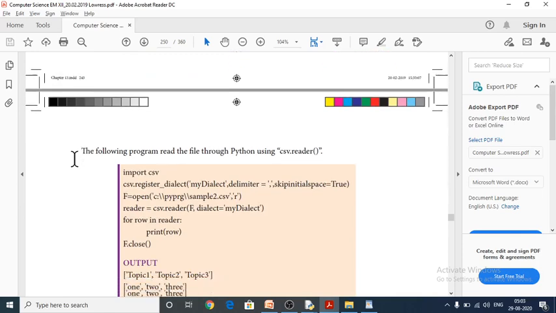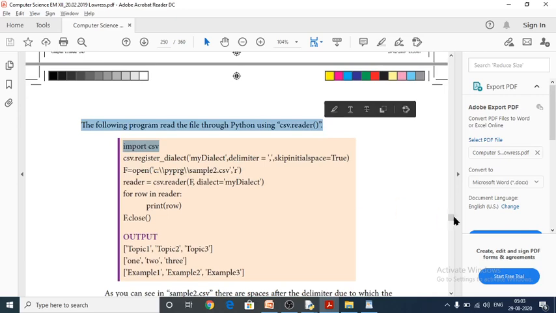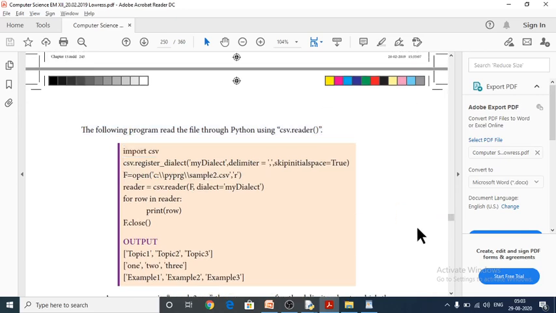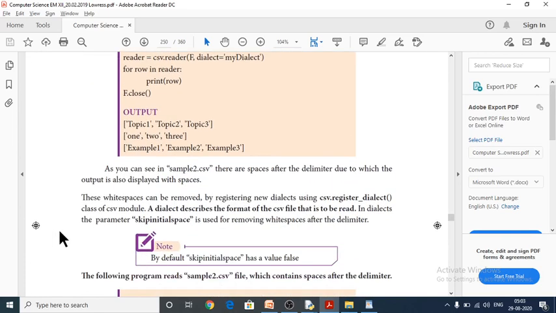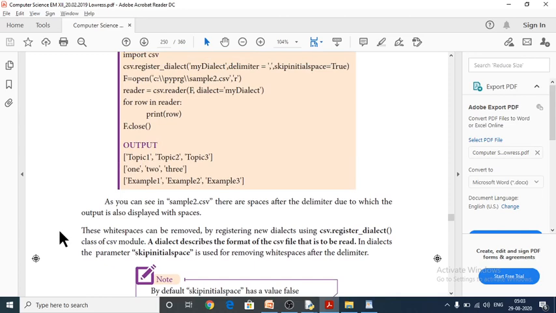The same thing we have to give here, but here we have to give an extra line, CSV dialect. What is the use of CSV dialect? To remove the white space, we have to use skip initial space. Skip initial space is used to remove the white spaces after the delimiter.